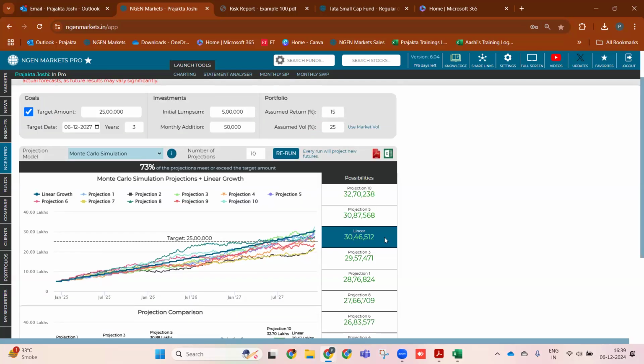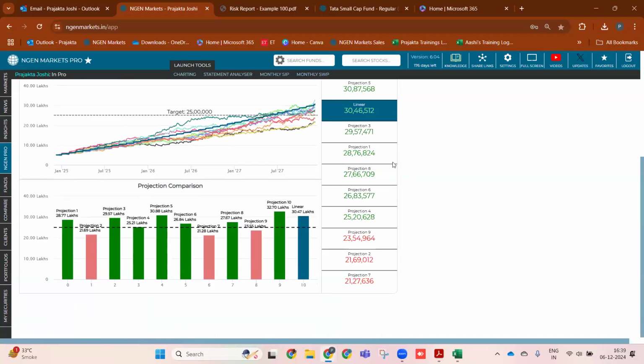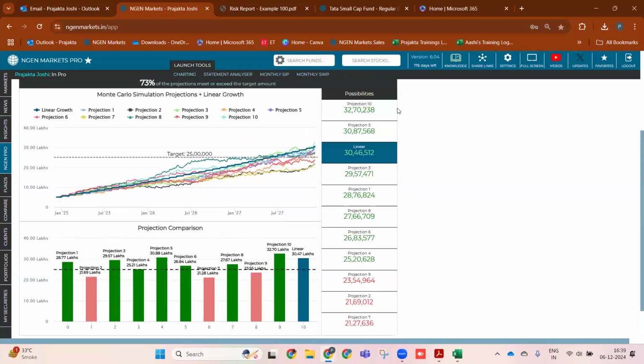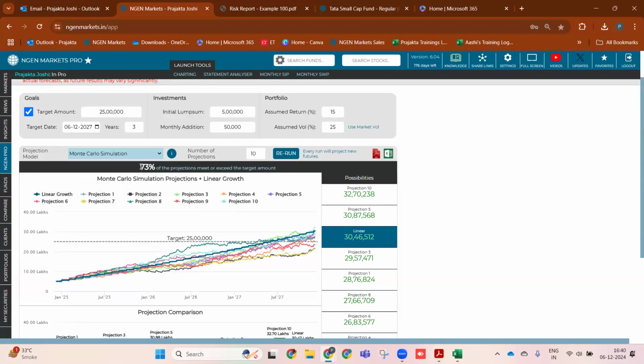These are showing times when the goal has been achieved, and there could be some others when the goal is not achieved, right? Therefore, the probability of these projections meeting the target in this case is 73%. Now, once the logic of this financial planning tool is clear, we have also enabled a PDF report